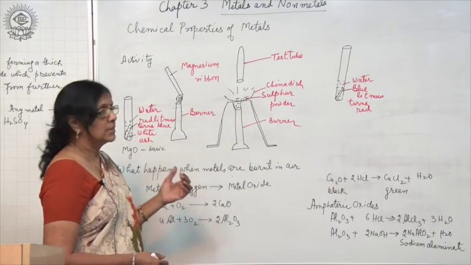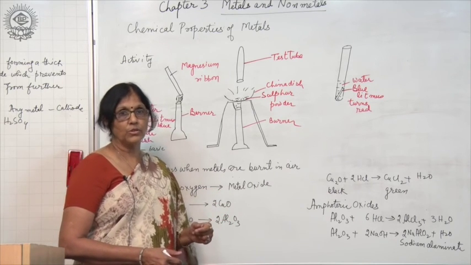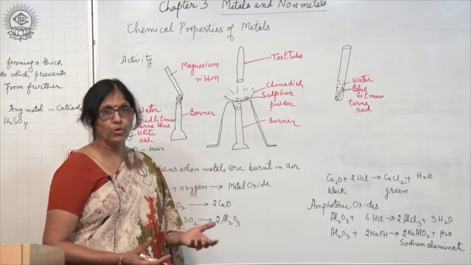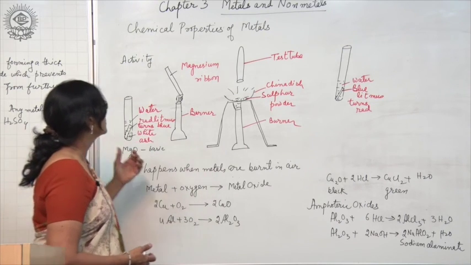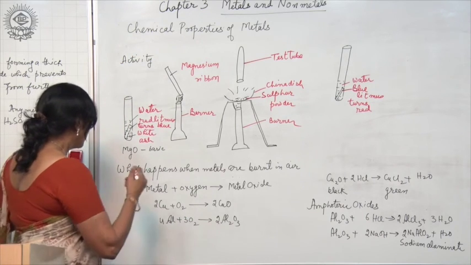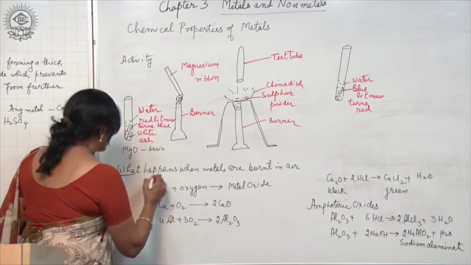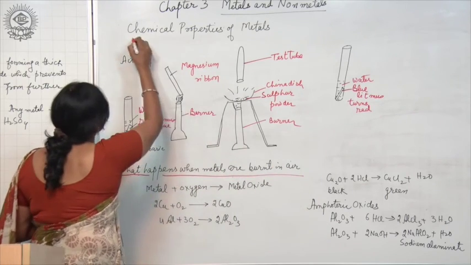So, it is necessary to study the chemical properties of metals as well as non-metals to know more about metals and non-metals. So, now we will discuss the chemical properties of metals. What happens when metals are burnt